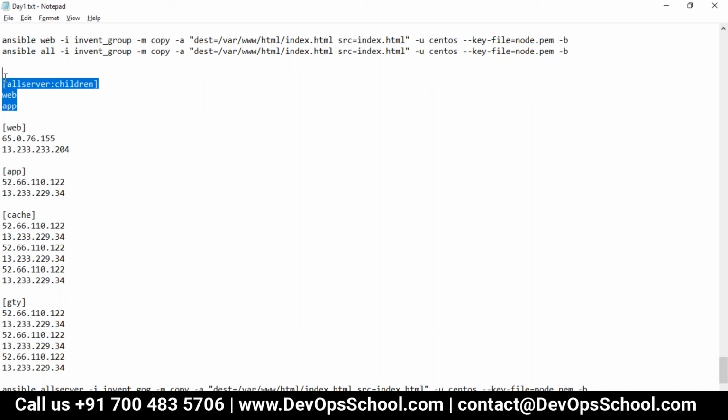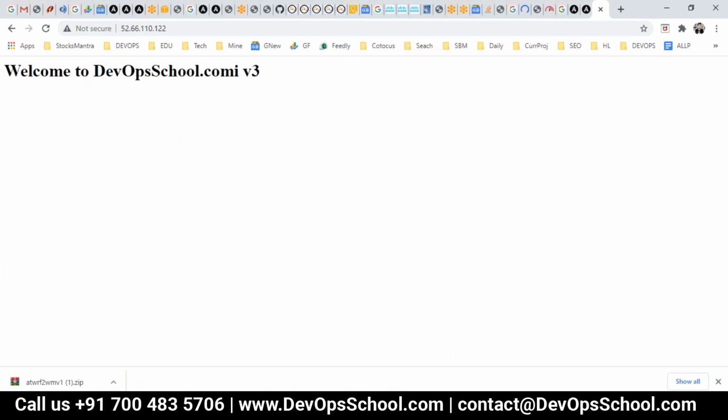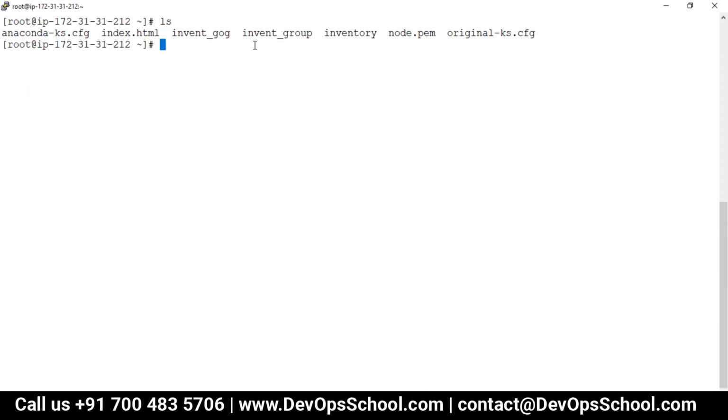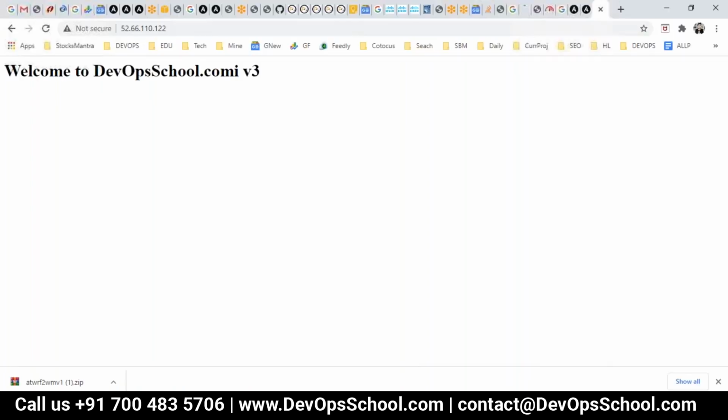That is the file name of this file, right? That's a file name I'm storing in the server all the time. Initially I created inventory, then I wanted to give you the demo of group, then I wanted to give you GOG. So these are file names, any file name you can have. Okay, got it. Thank you.